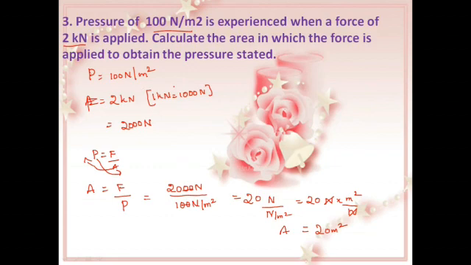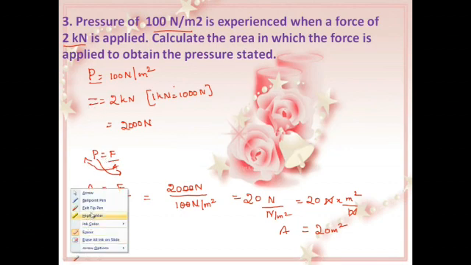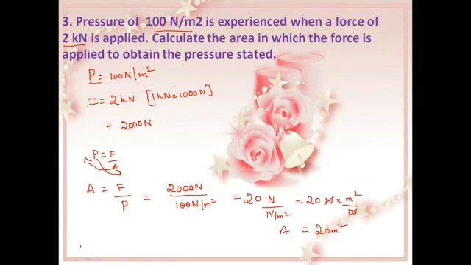Is that clear, children? We have pressure and we have force, and we need to find the area. So we have found it using the formula pressure is equal to force per area, and we have converted it. Okay, so area, when it goes that side, it becomes multiplication. Let us do it a little more elaborately. P into A is equal to F. Now I want only A, so I'm bringing it here. So A is equal to F by P.